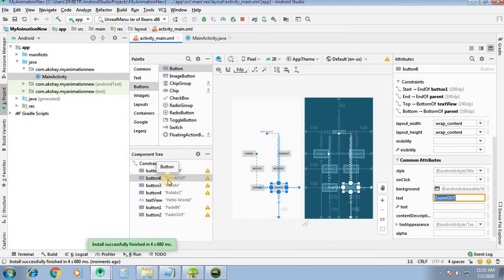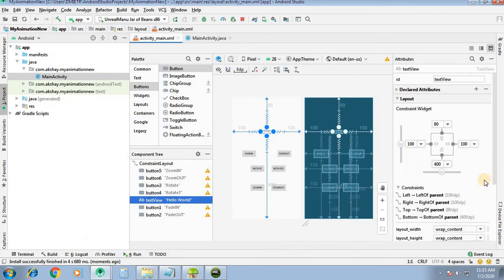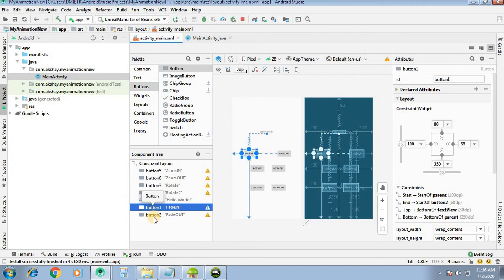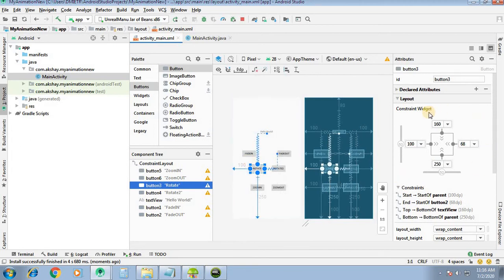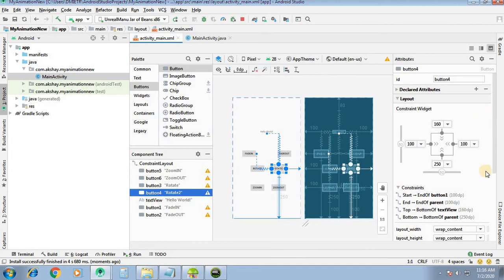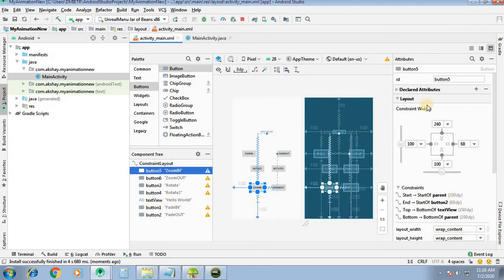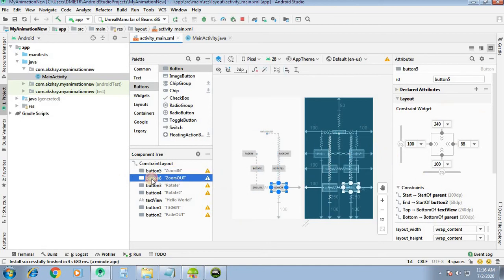So this is what we have created, the text view. You can see the coordinates for this text view. Then we have button 1 fade in, the coordinates for this one. Button 2 fade out, coordinates for this button. Then button 3 rotate, the coordinates for this button. Button 4 rotate 2, these are the effect and the coordinates for this one. Button 5 zoom in, the coordinates for this, and zoom out.